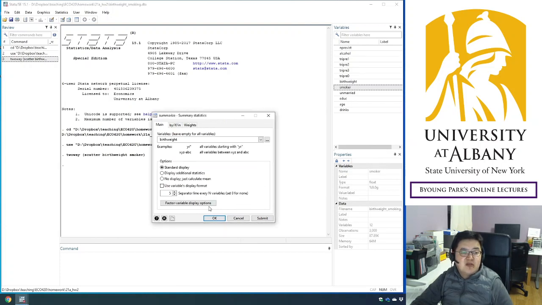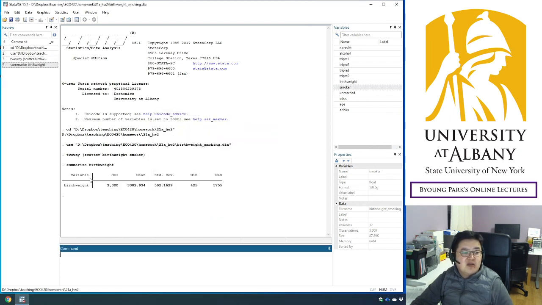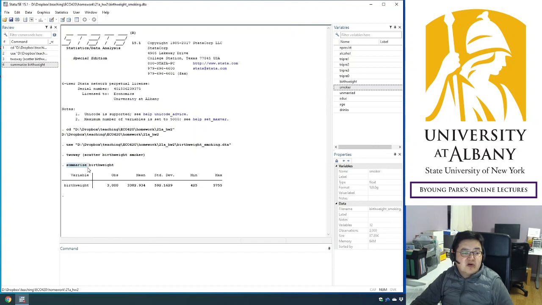So birth weight, and then if you click this, okay, then the command is summarize birth weight. Intuitive. It summarizes the birth weight variable, and in the data there are 3,000 observations, 3,000 mothers,